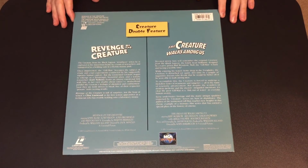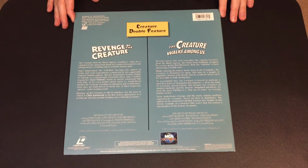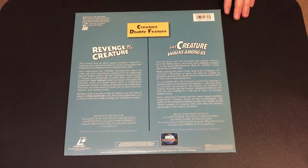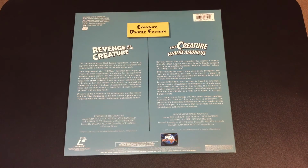Revenge of the Creature was actually shot in 3D like the original film, and that was not restored until the 3D Film Archives restoration. But when Universal put out the Blu-ray of these, they messed it up, so you still can't see it properly in 3D because one of the film transfers for one of the eye sides has a screwed up thing. I think it's some weird 720p res, and it just doesn't look right. So that's unfortunately never been fixed, but Creature Walks Among Us looks pretty nice on Blu-ray in the new HD